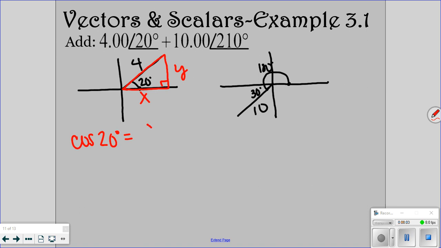So the cosine of 20 is going to be x over 4, and then multiply by 4. So you're going to have x equals 4 cosine of 20. And so if we use our calculator,